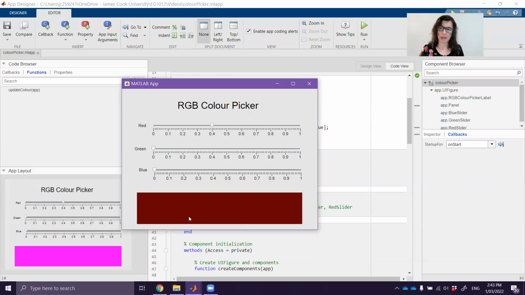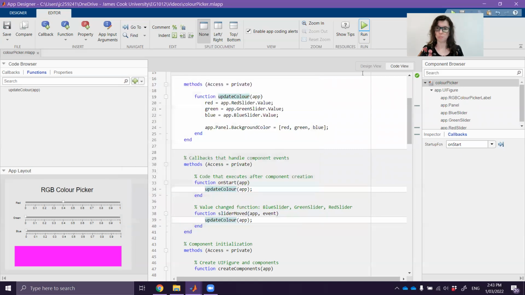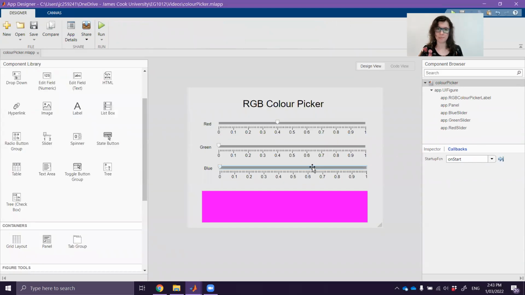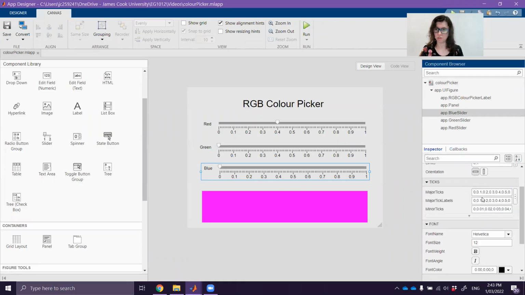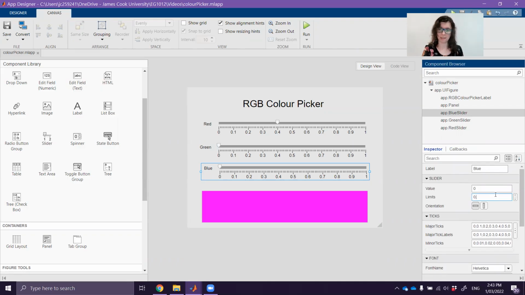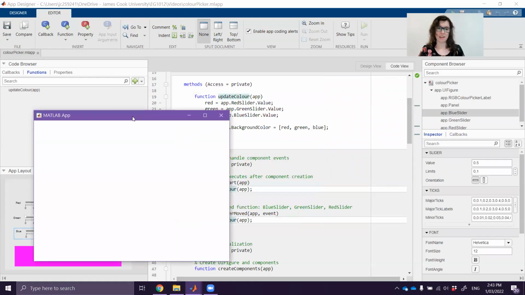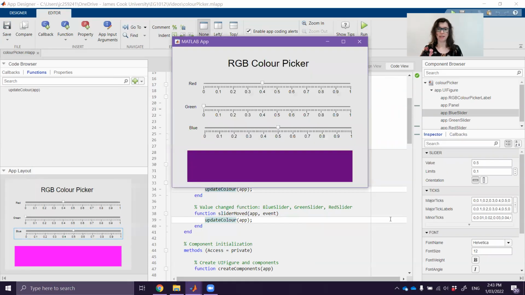Now, this red color is perhaps not the most attractive color on Earth, so we could also change what those default positions are a little bit to make it a bit prettier. We could go back to our blue slider and change its initial position. Maybe we want to make something a little bit purple, so we might change its value to 0.5. You can play around with that until you have a color there that you like. So I don't mind that. I'm happy to leave it there. So that's one way that you can get around